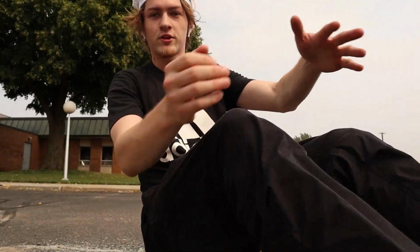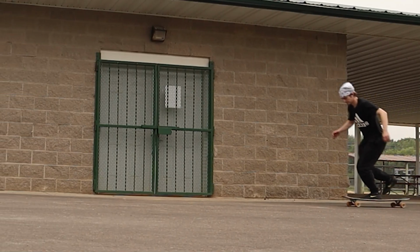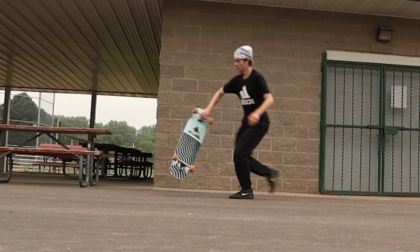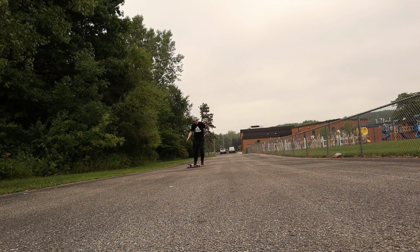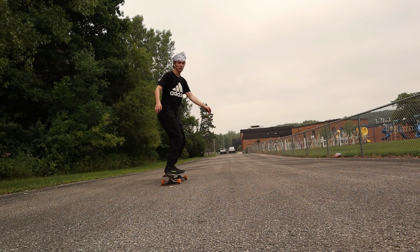And tip number 3 is gonna be about your pushing technique. Now your pushing technique is something that's going to combine a lot of things. It's going to combine your balance, your weight distribution, where you're putting your feet on the board, how your upper body moves forward and backwards, how your legs move, the whole motion. And this is kind of complicated to explain in one video, which is why